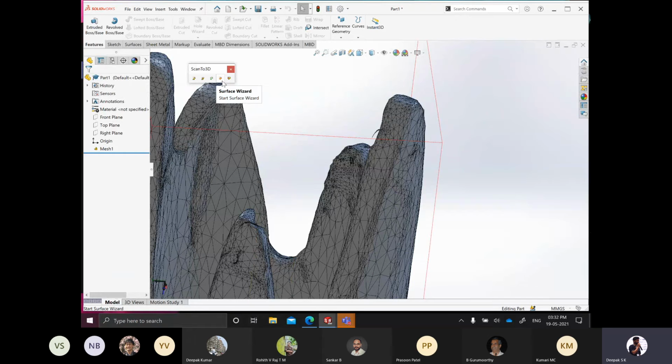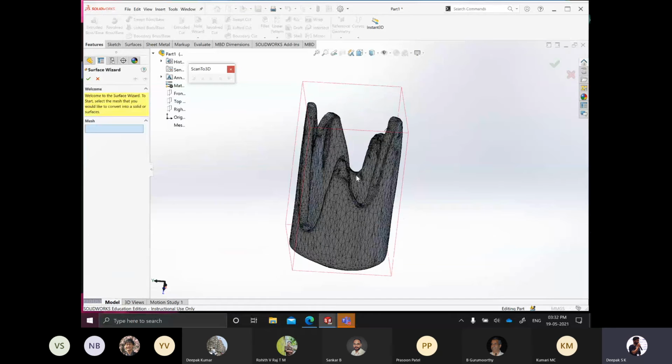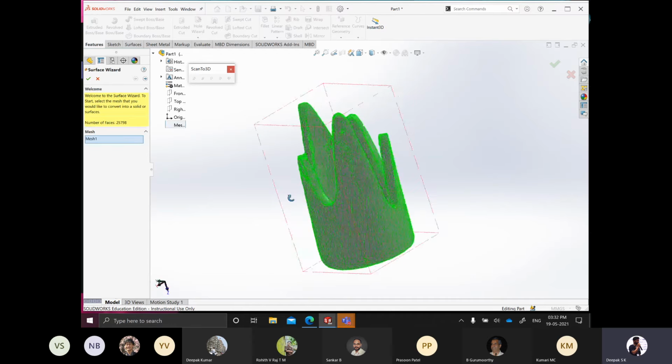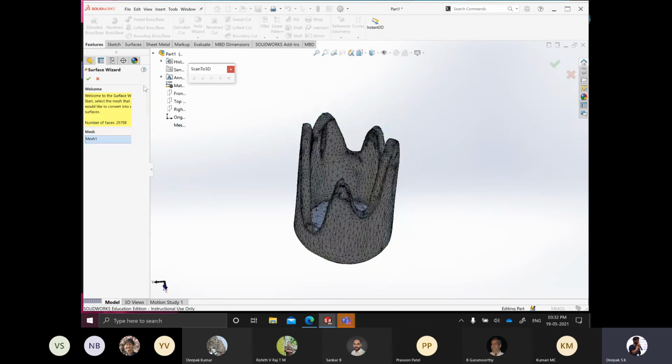And finally, we come to the surface wizard. So the idea here is that when you reach this point, it is assumed that you have a model or a point of data, the cloud point data, which is in an abstract form, or by abstract I mean that it is in the desired form. It is in the desired density of model, and it is in the desired size, and it best represents your interests. So you click on the model which you have to create plane surfaces of. So you create this entire mesh, and then click this next button.